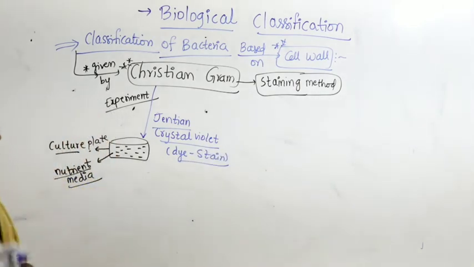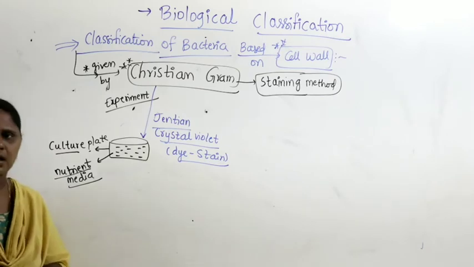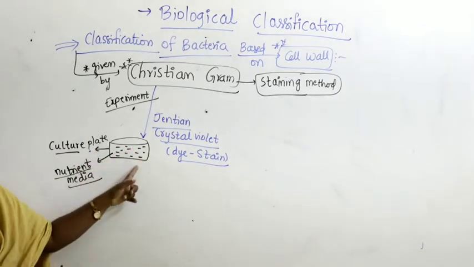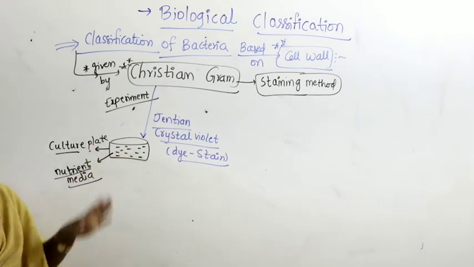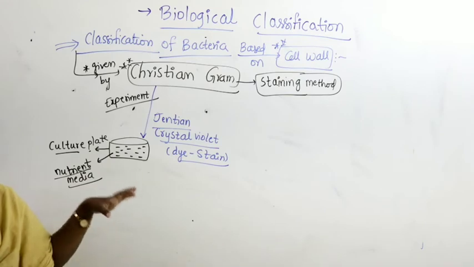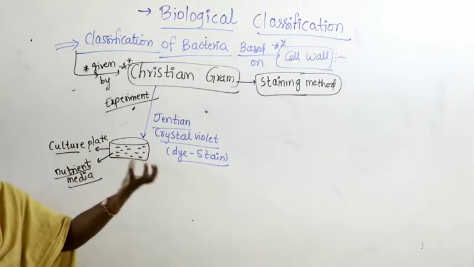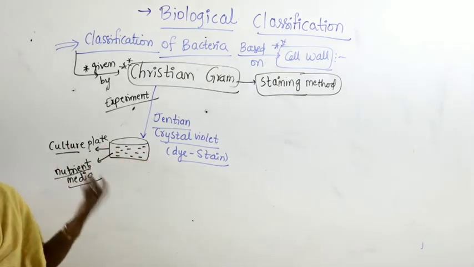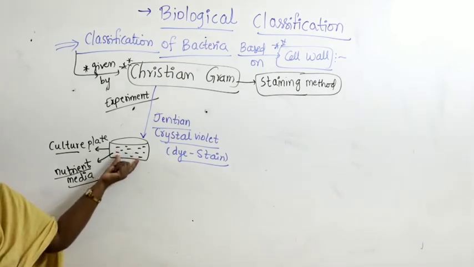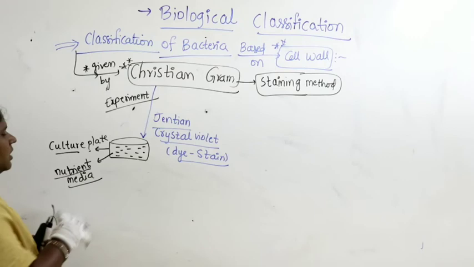A dye or stain was applied onto the Petri plate, and he gave time for the bacteria to take up the stain and absorb the dye. After 24 hours, when these bacteria were observed under the microscope, it was seen that some bacteria